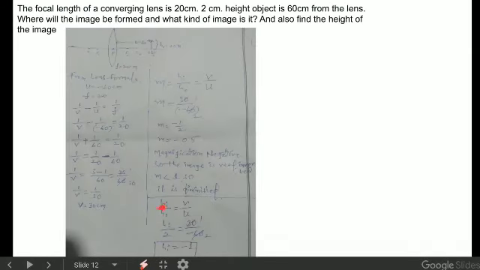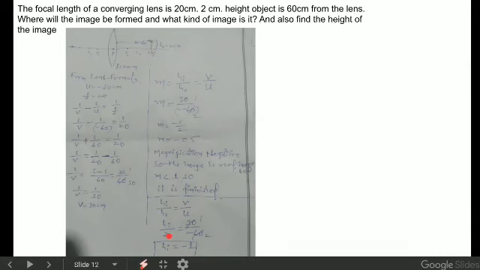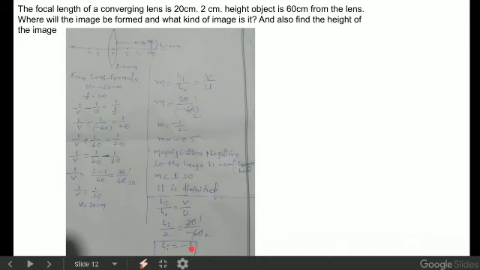In this problem we are also asked to find the height of the image. So again I will use the magnification formula. Here M equals HI by HO equals V by U. HI, the height of the image, is not given. The height of the object is given as 2 centimeters, and I have taken that as positive. Why? Because distances measured in the upward direction from the principal axis should be taken positive. Equals image distance 30 by object distance u, which is minus 60, so we will get the height of the image equals minus 1.